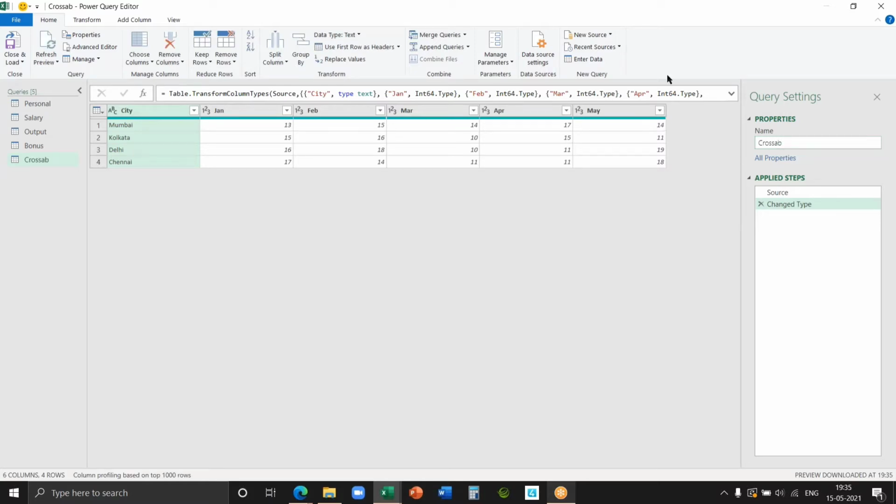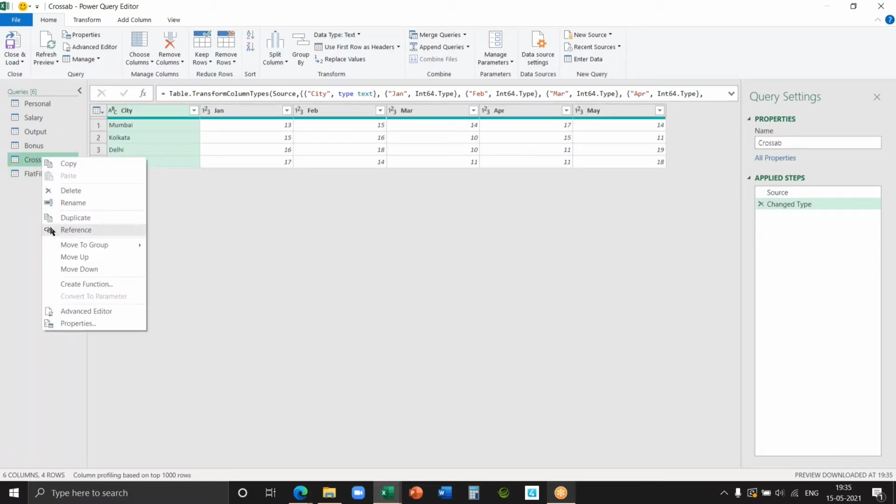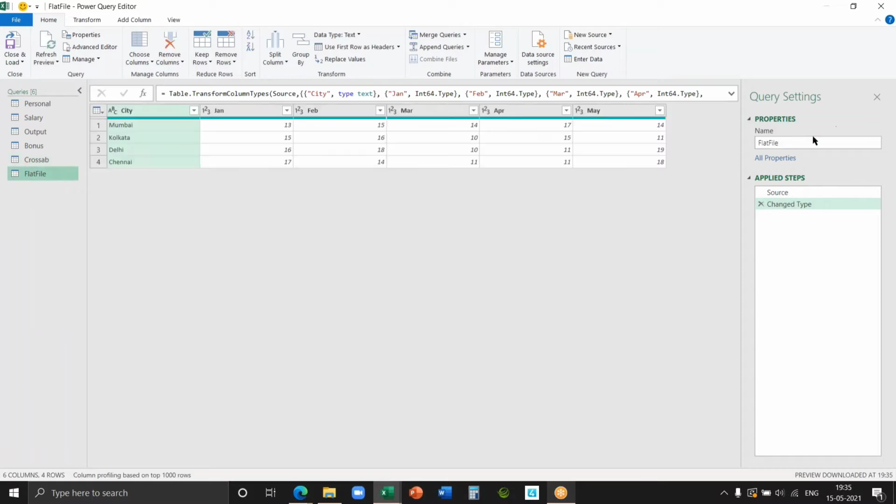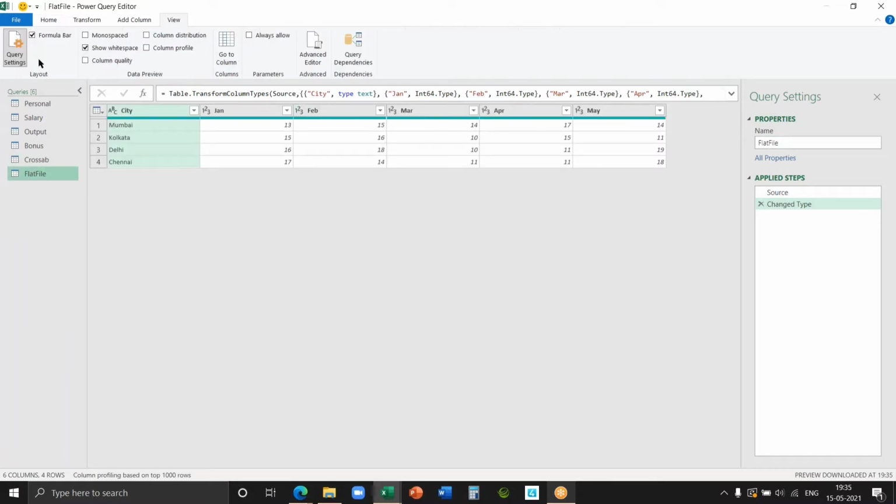And first, I prefer to create a duplicate. Not necessary, but I want to show you the difference. Flat file. So quickly try this. Copy, right click, duplicate, and rename it as flat file. If you don't have query settings enabled, go to view and click on query settings.